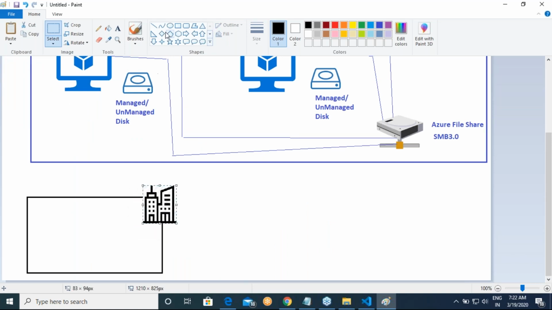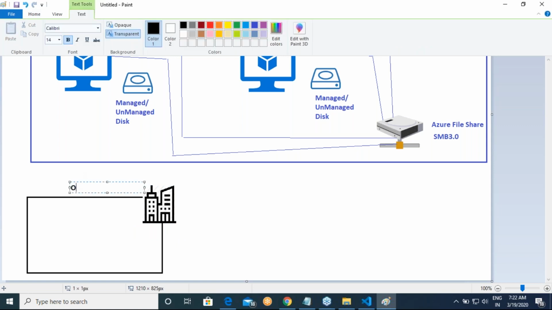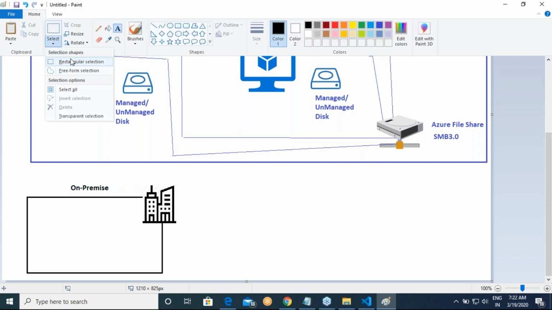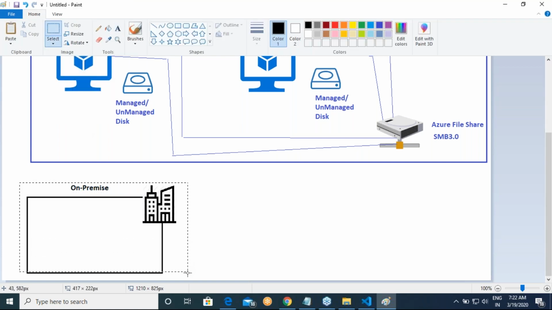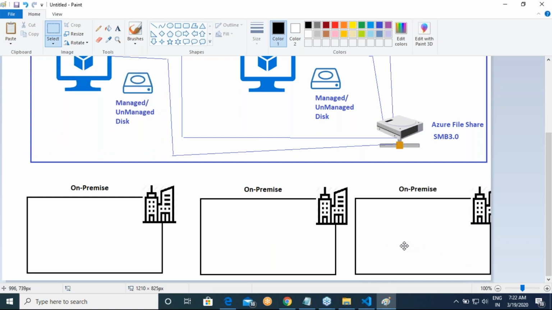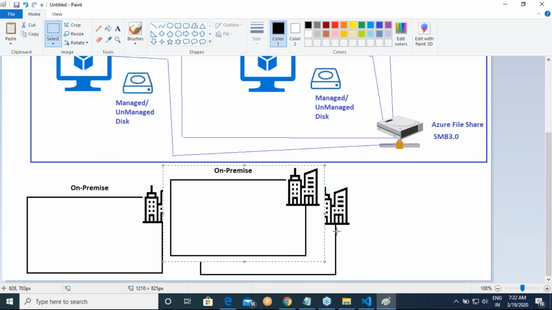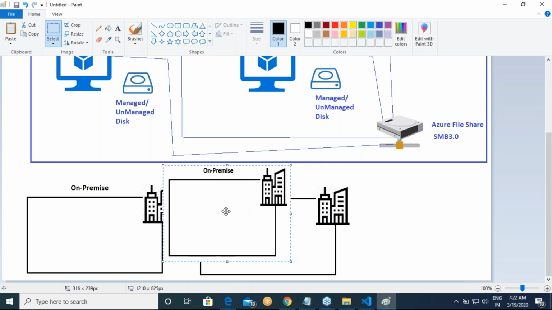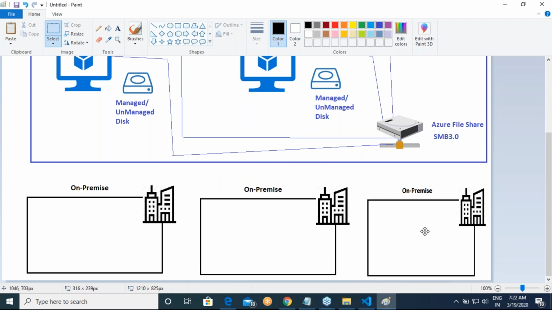This is your organization network. I'm calling it on premise. I'll show you the three possible ways of connecting this file share. Azure file share can be connected to your on-premise using three ways.